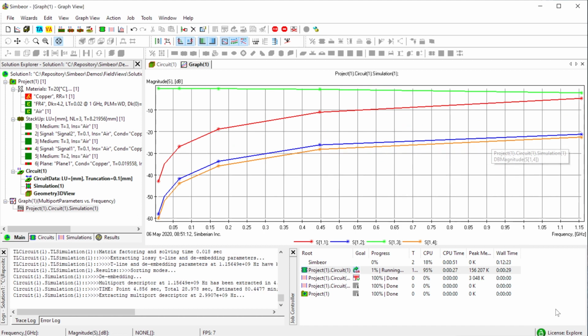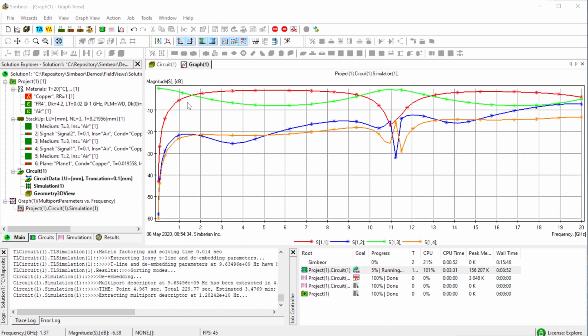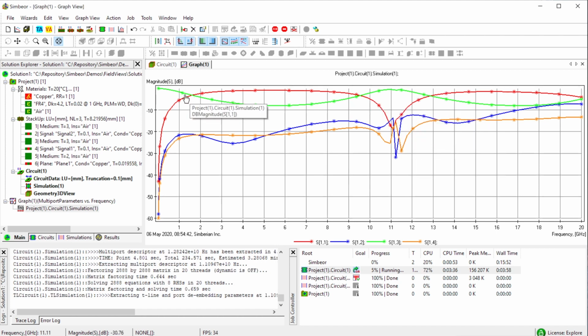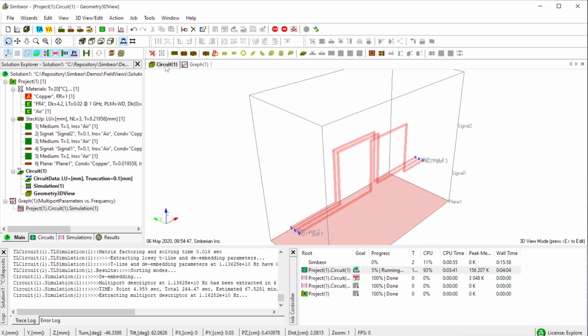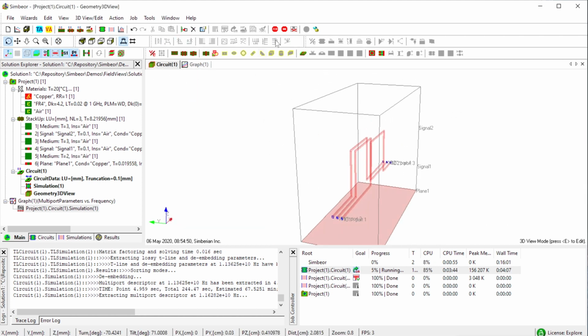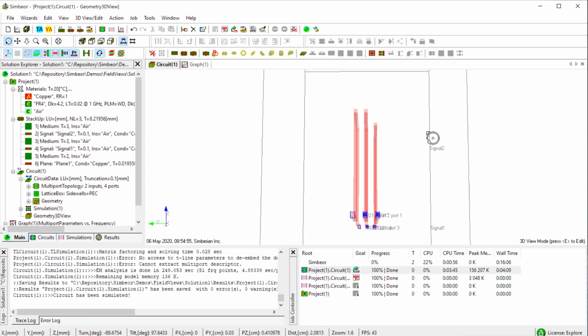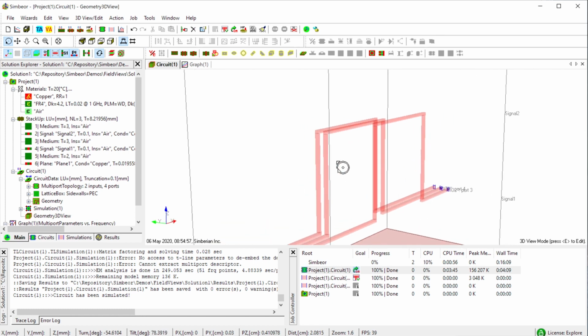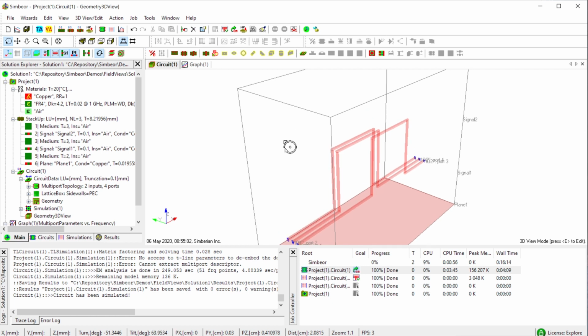And simulation is going on. The example is hypothetical, so it's not a real kind of filling here, dielectric. So there is a lot of reflection and resonance over here, and it can be used only at very low frequencies. So I stop the analysis. Another option is to use Symbior 3D-TF to avoid the resonances and use absorbing boundary conditions or perfectly matched layer boundary conditions on the side.